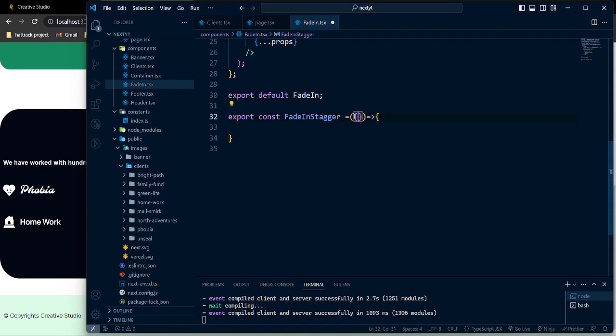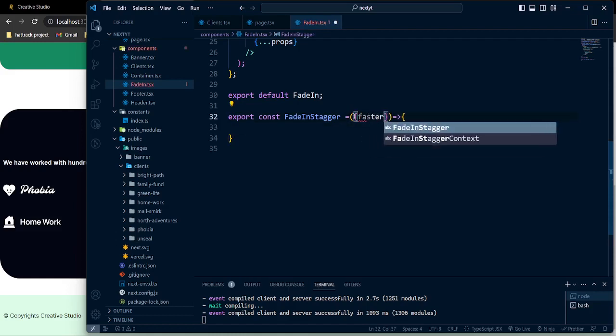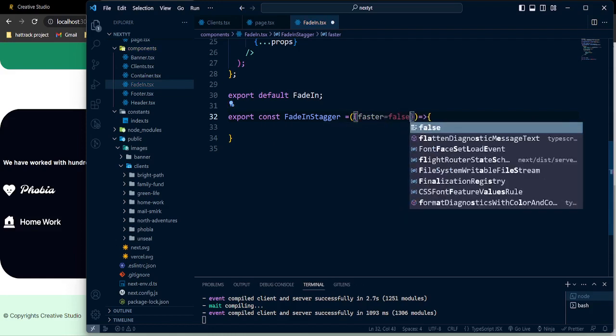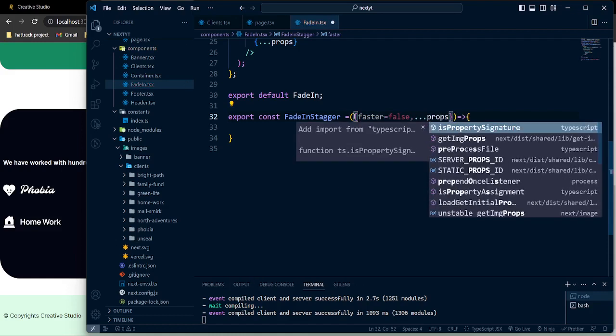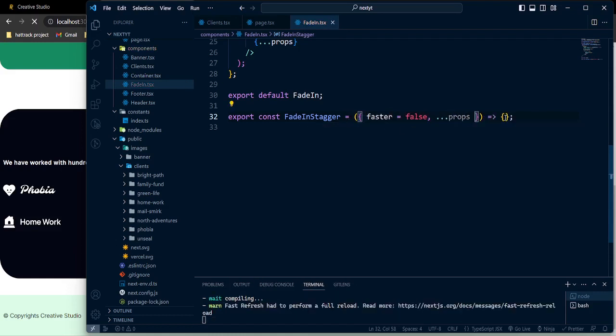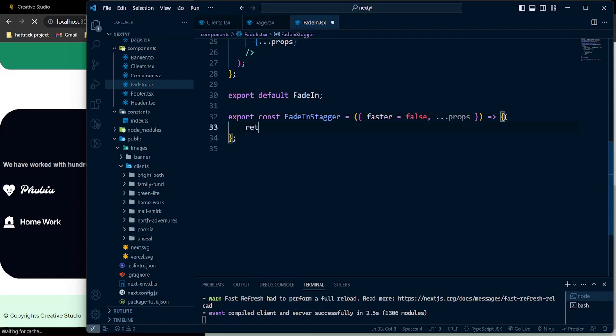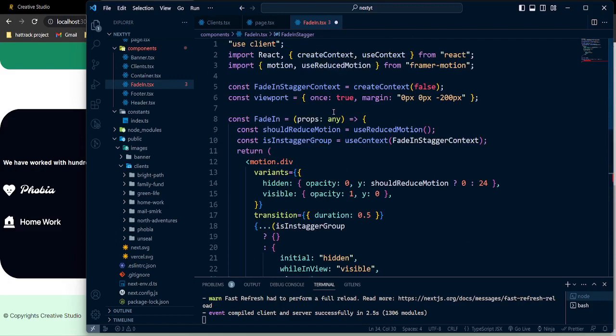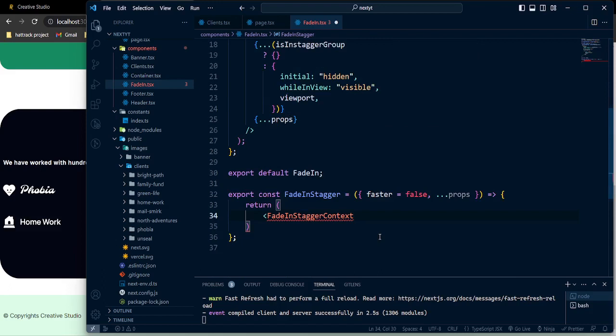So now I'm gonna take two props here. By default, faster will be false. So initially faster will be false, and if we have any props, we're gonna collect those props. Okay, and now we need to return FadeInStaggerContext. Remember, we are taking that context at the top level from createContext from React. So if we use createContext, we can also use the provider from there. So in the provider, I'm gonna pass that